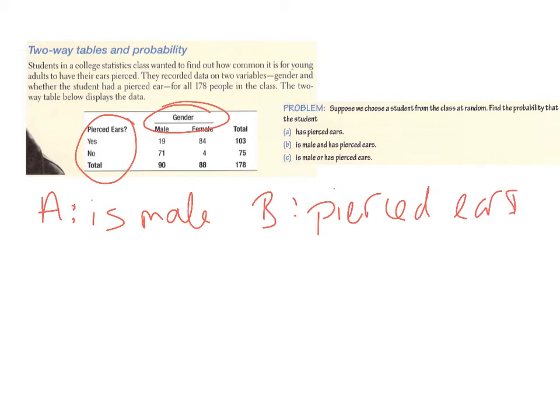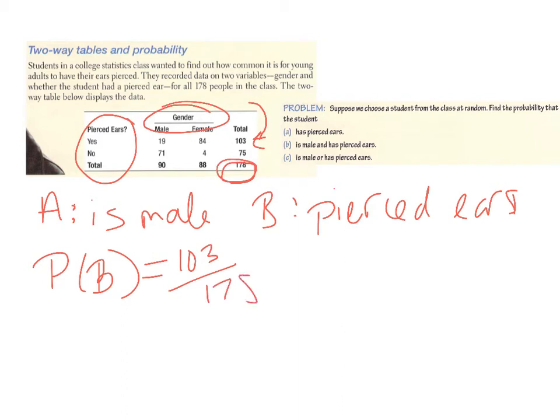In part A, because we've got 178 students, they're all equally likely to be chosen. There are 103 students with pierced ears. You can see that right here. Part A of the problem doesn't care about gender. It just cares about whether they have pierced ears or not. So again, since all of our students are equally likely to be chosen, the probability of event B, that the student has pierced ears, is 103 out of my total students in the class,